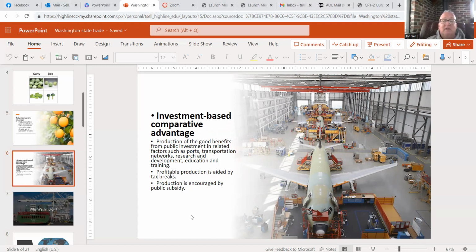But those things can make a product more competitive. Profitable production is aided by tax breaks. Boeing gets really big tax breaks, which is a kind of form of subsidy. And then, of course, there's just direct subsidy. This photo,